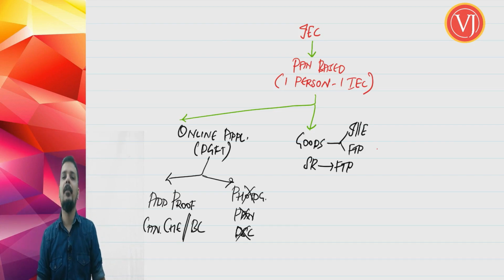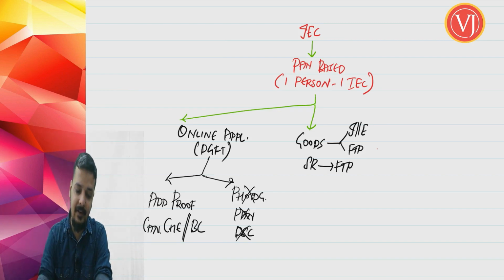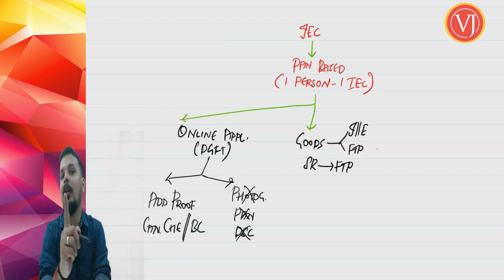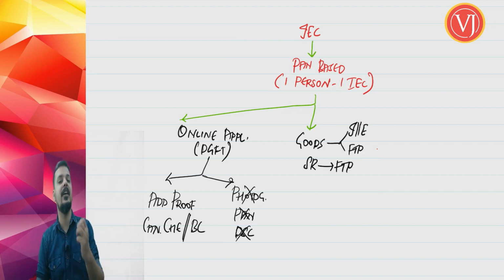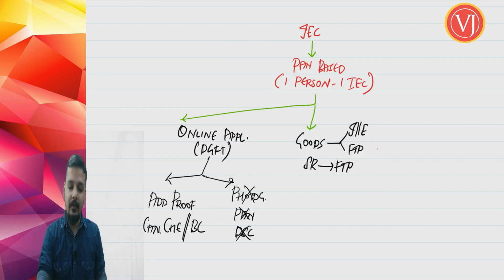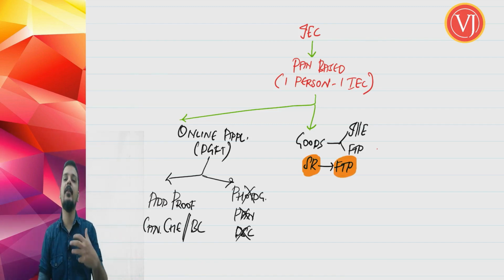True, but for taking the benefits of your foreign trade policy, you should have IE code, which means even if you are talking about service sector, for taking the benefits of your foreign trade policy, we will be discussing a scheme called Service Export from India scheme, you require IE code. IE code is a must. So this point is usually not carefully understood. So if you are in the service sector and you want the benefits of foreign trade policy, you are also required to apply for your import export code.